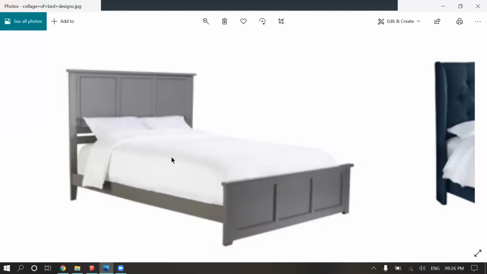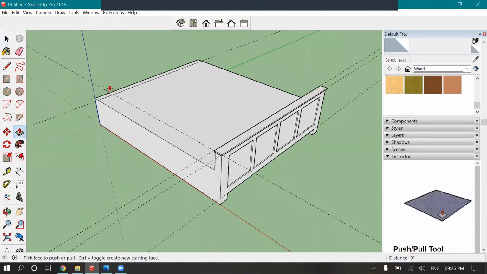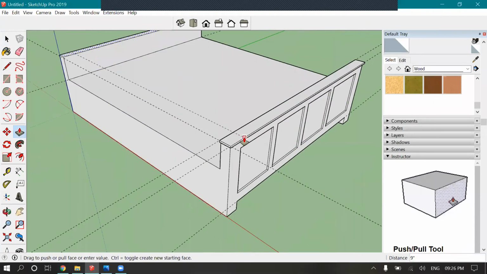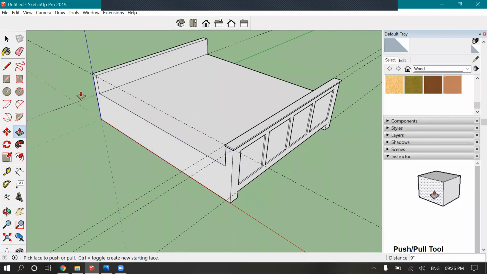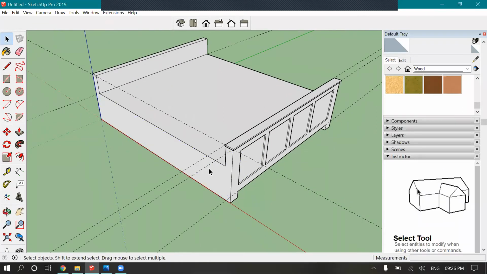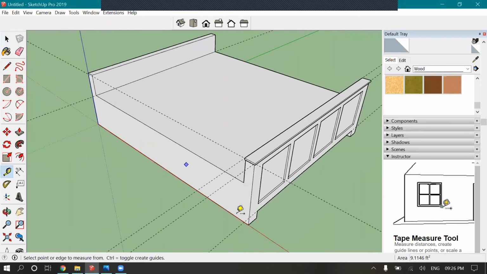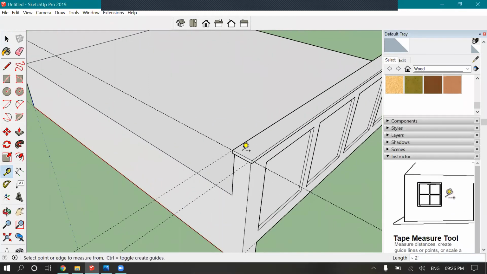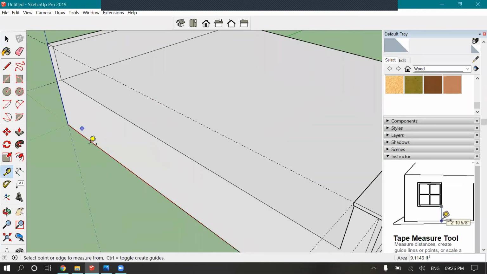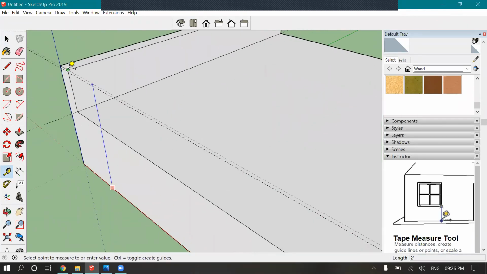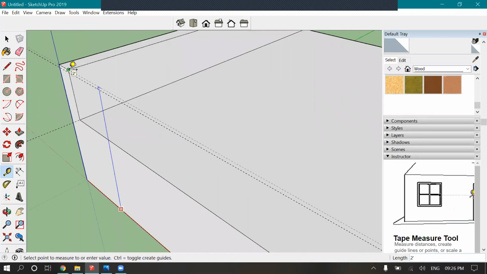So we'll be making it equal with this one, and we have taken this one as 2 feet.